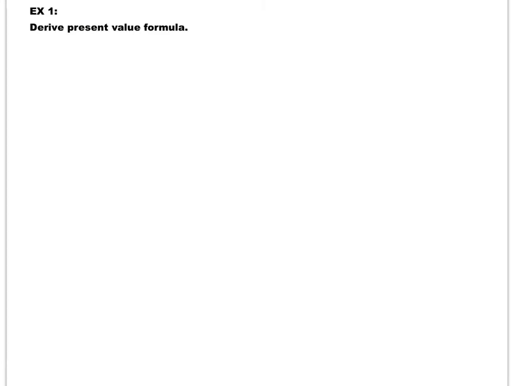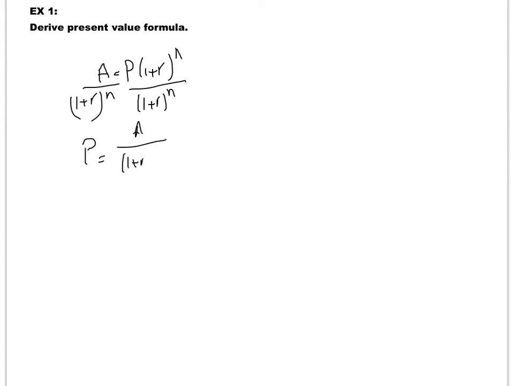We know from the previous video that A is equal to P times (1 + R) exponent N. To isolate P, I'm going to divide by (1 + R) exponent N. So I get P is equal to A divided by (1 + R) exponent N, or I can write this equally as A times (1 + R) exponent minus N. This is the formula which represents the present value